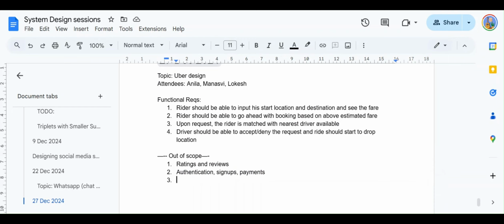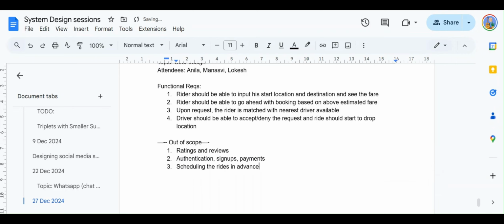Then we are also not looking at scheduling rides in advance. I think Uber has an option to schedule rides in advance, say for the next day or the next few hours. We're not talking about that, but it should be pretty easy to build. We can touch upon it; it should not be a very big thing.